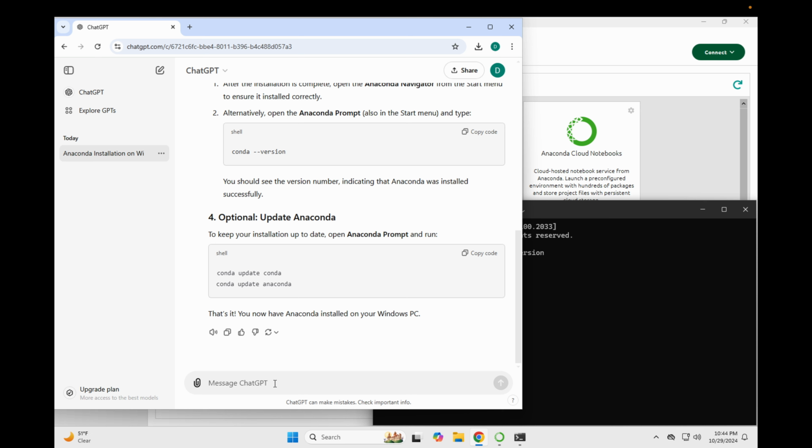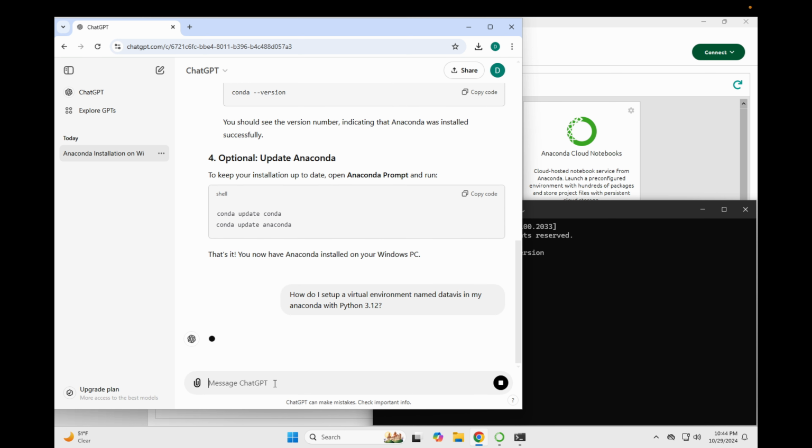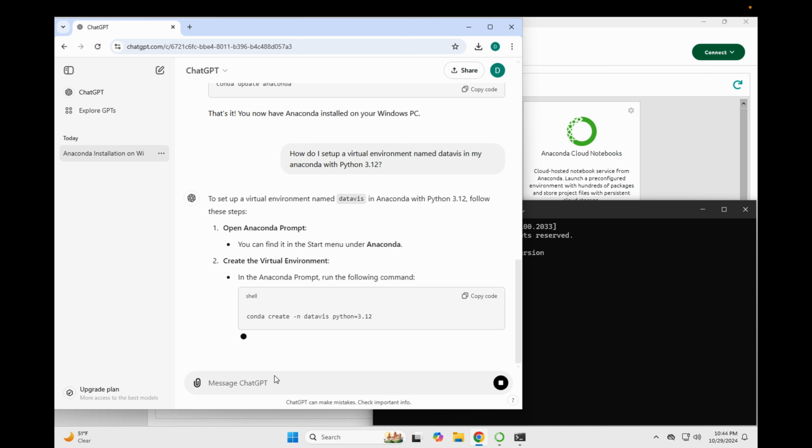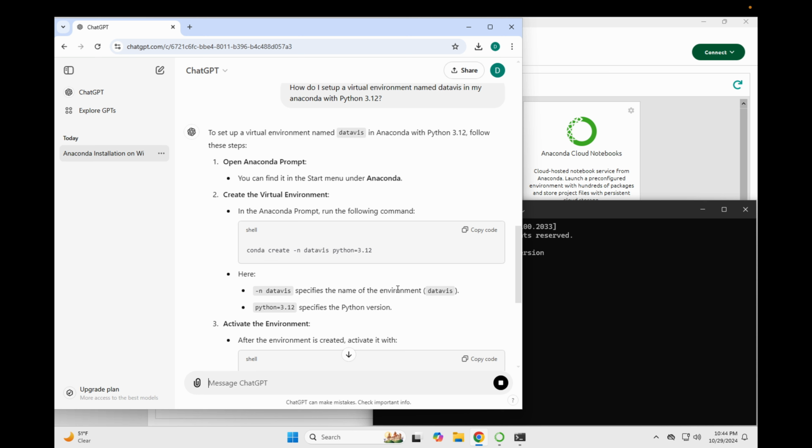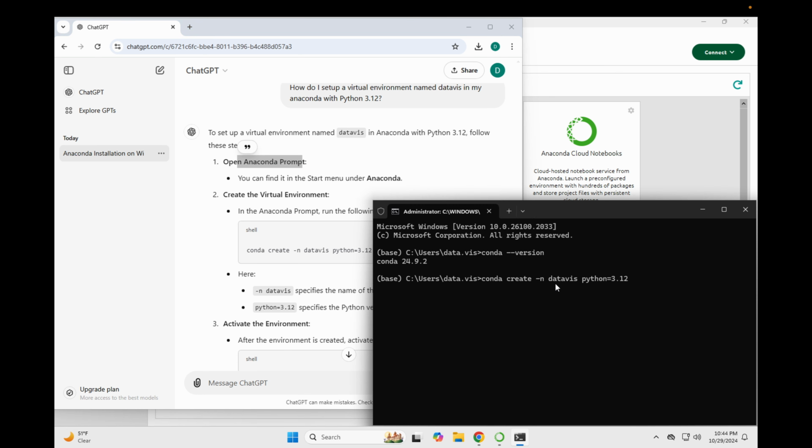Let's jump into the second one, which is: how do I set up a virtual environment named datavis in my Anaconda with Python 3.12? Okay, now we just follow the prompt. So we need to open the Anaconda prompt, which we already opened. Copy this command, run it,